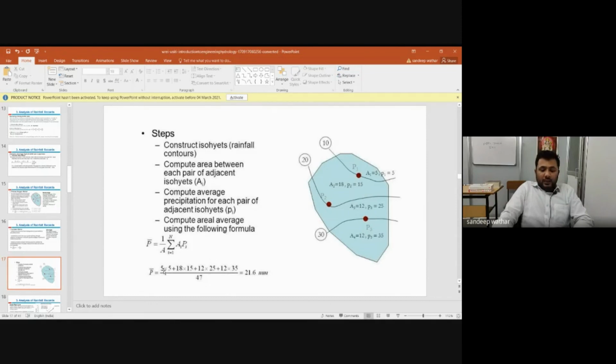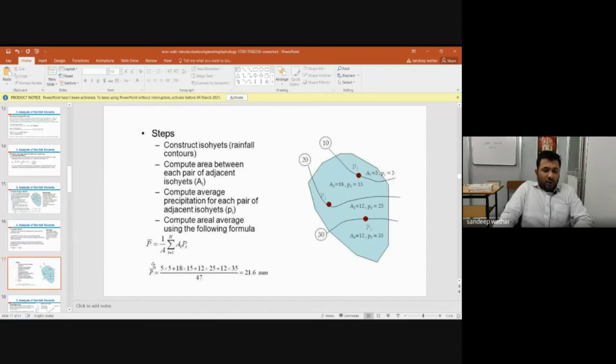Like this, we take the sum of all the products of area and precipitation, and again we divide by the total area. From this also we get to know the average rainfall that has happened. Now again, let me give you a brief note here.